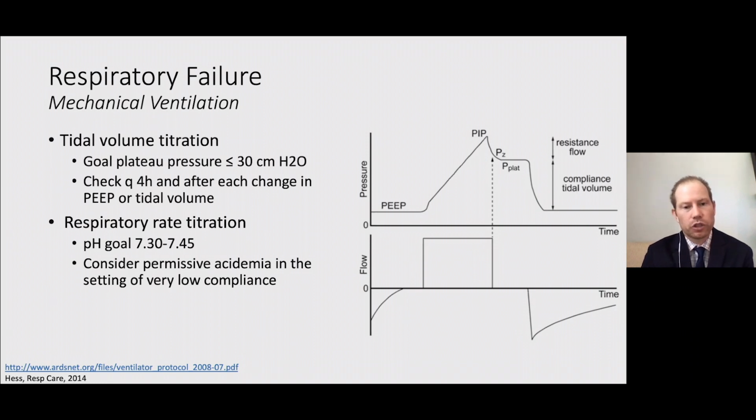One thing that's important when we're doing this is to measure the patient's compliance, measure how distended or how distensible their lungs are. We do this by doing an inspiratory hold. Again, this is something that we can do in collaboration with our respiratory therapy colleagues to make sure that the patients are not over distended. And if they are, to adjust the ventilator largely by decreasing the tidal volume to decrease their distension.